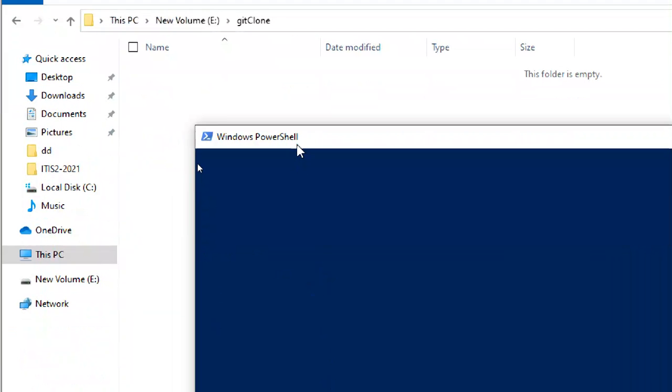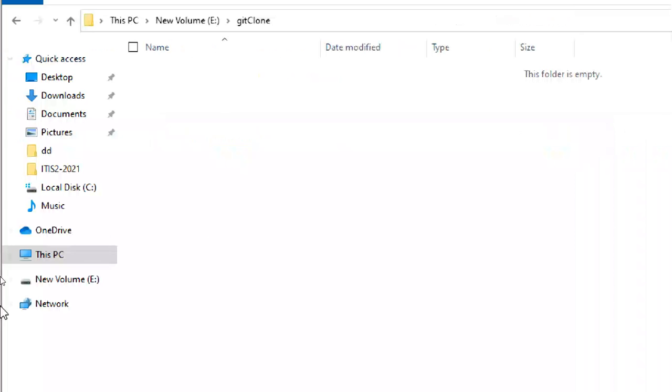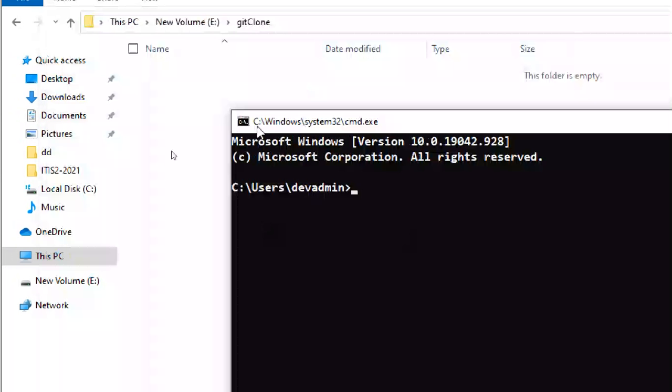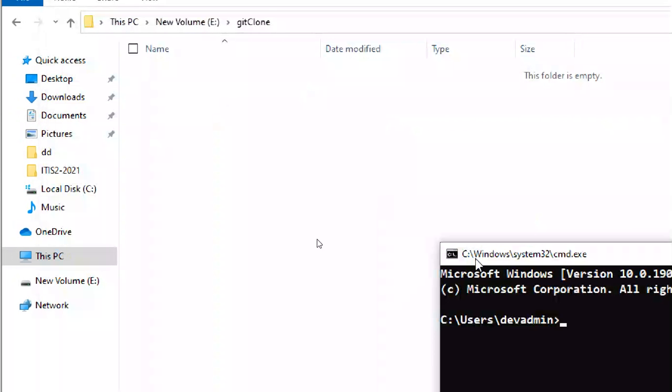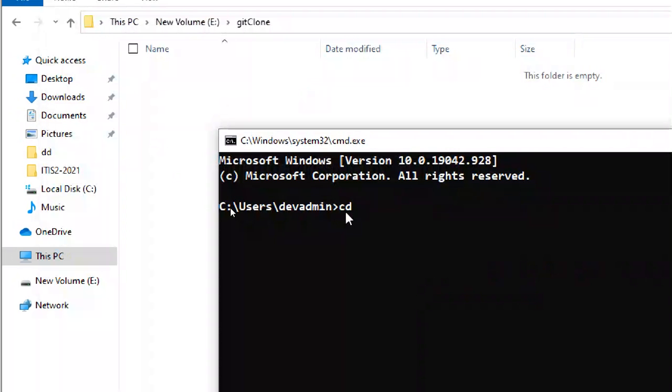Don't worry, anything is okay. Not anything is okay, because it's very slow. cmd. cd /git clone.